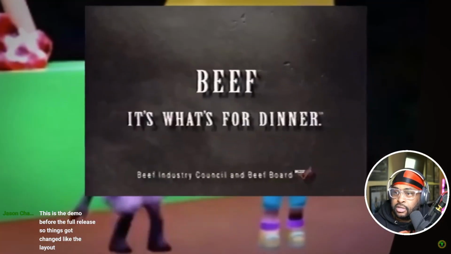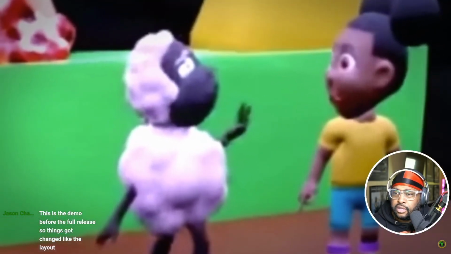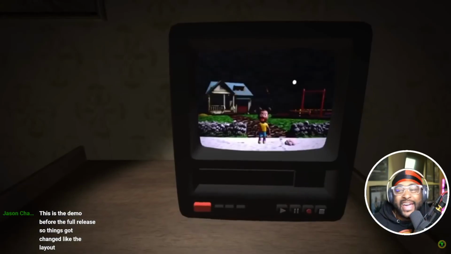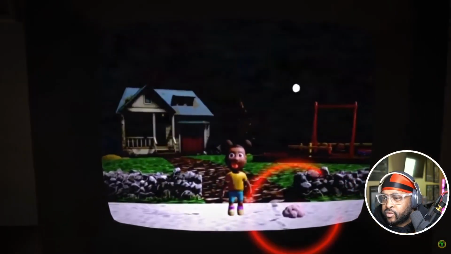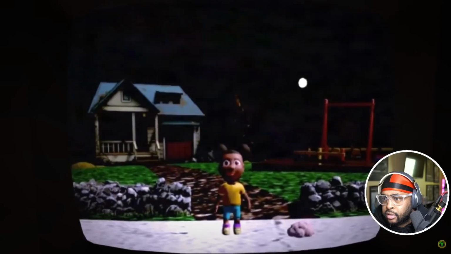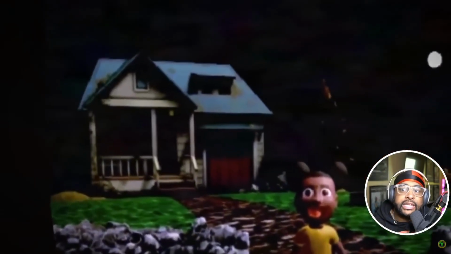It's what's for dinner. Apparently not tonight, friends. More like lamb chops. We start the third tape and our sheep friend is gone with nothing but a small pile of wool left in his place. Episode 3 is all about going home, but we're not escorting Amanda back to her place.